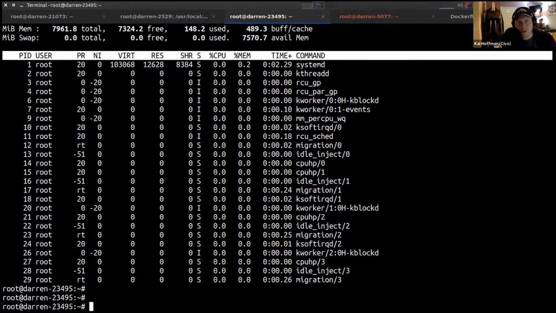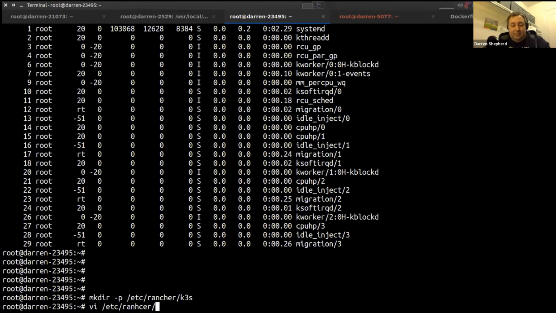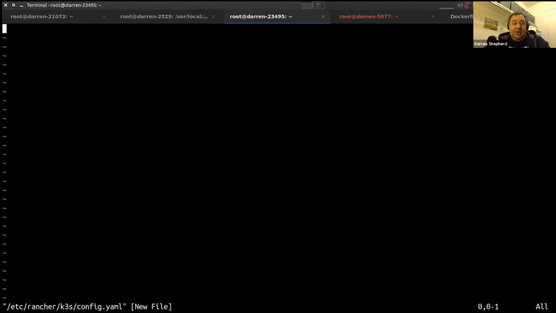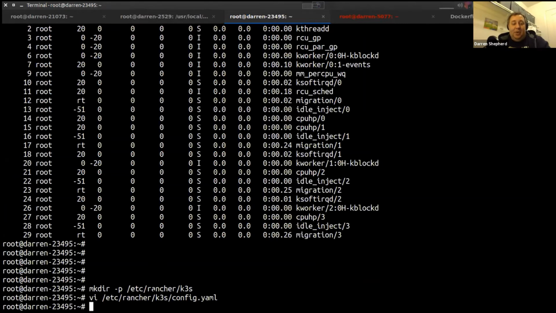So now I'm on a 3rd node. Same deal. We're going to create this directory, Rancher K3s. Then we're going to edit, oops, type Rancher, right? Okay, and then, man, trying to rush. Okay, so we're going to put this in place. So we put this same file in place. Okay, now, again,